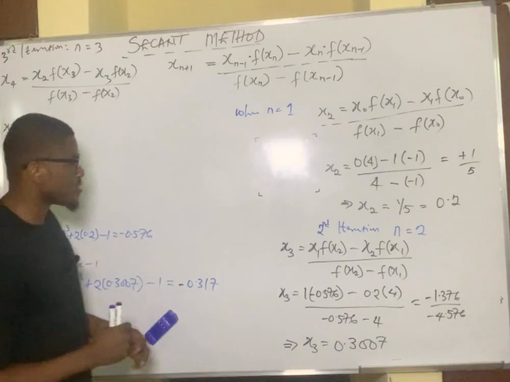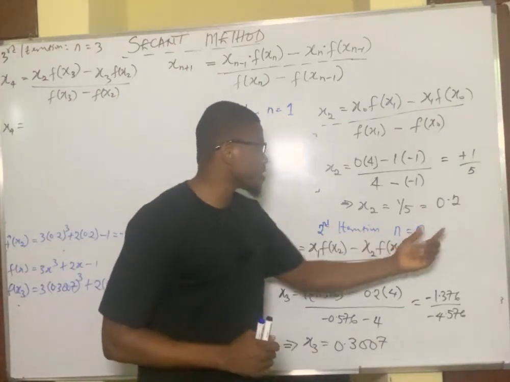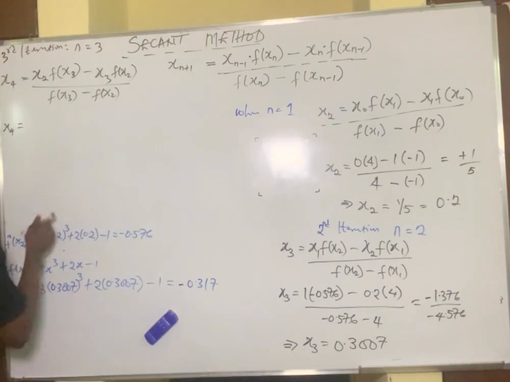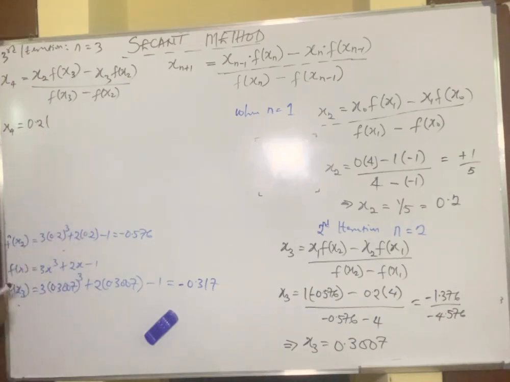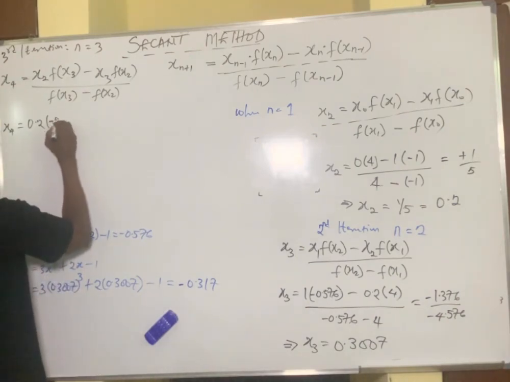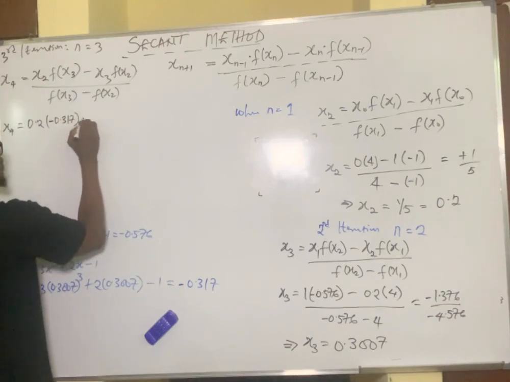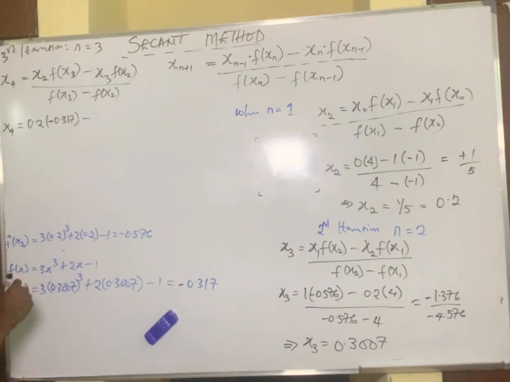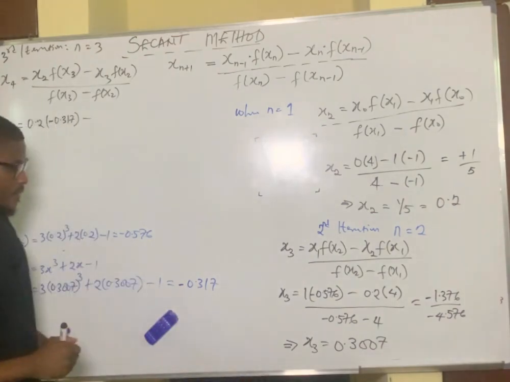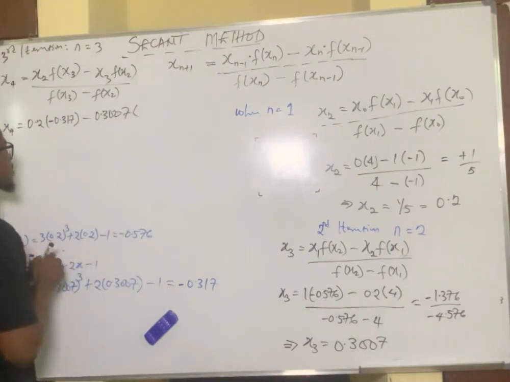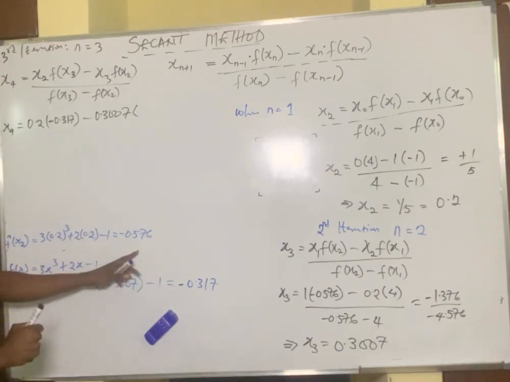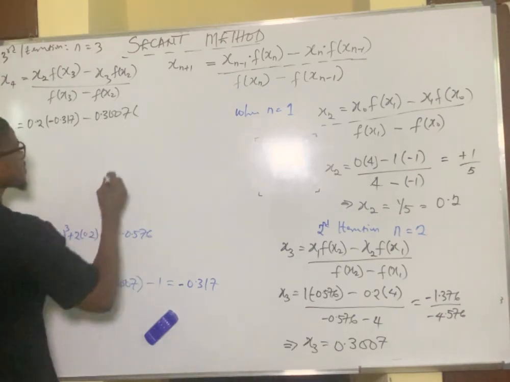So x2, remember x2 from here, x2 is simply 0.2. So you fall back here, x2 is 0.2. You have 0.2 multiplies f of x3, and we just had f of x3 as negative 0.317, multiplies negative 0.317 minus x3, and we had x3 here as 0.3007. So you have 0.3007 multiplies f of x2, and f of x2 gave us negative 0.576 minus